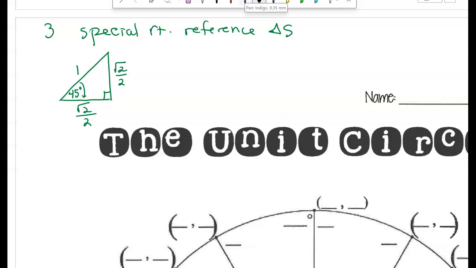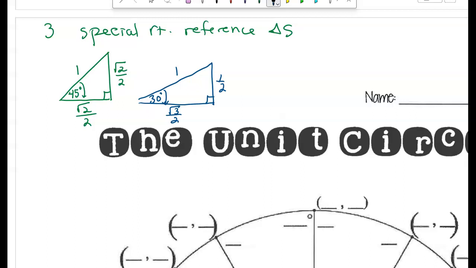All right, our next reference triangle, I'm going to go blue. We're going to stretch it this way. And I'm going to put the 30-degree angle right here. So that's when my 30-degree angle is my reference angle. My hypotenuse is still 1. This side is going to end up being 1/2, and this side ends up being root 3 over 2. And that makes sense just because 60 is bigger than 30, so the side that's opposite it is bigger. This time I call it the 30, 60, 90 triangle because the 30 is what we're using